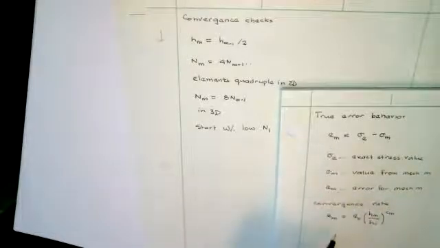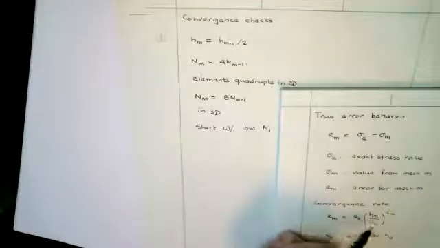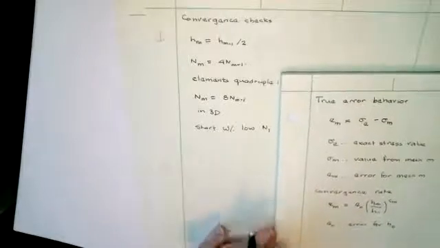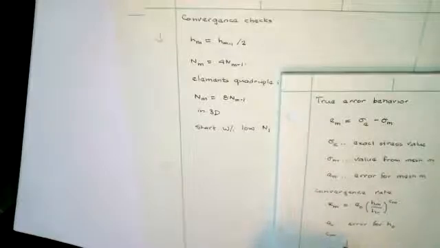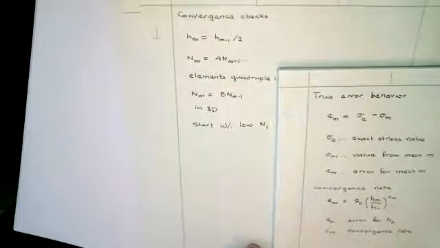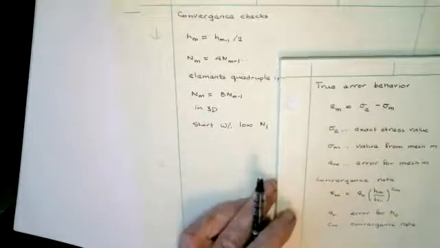This E naught is the error when the mesh size is H naught. So if you put HM equal to H naught, this would cancel, and this EM would be equal to E naught. And CM is called the convergence rate. If you've had some numerical analysis, you'll be aware that there's always convergence rates of certain approximations. It turns out for a finite element,